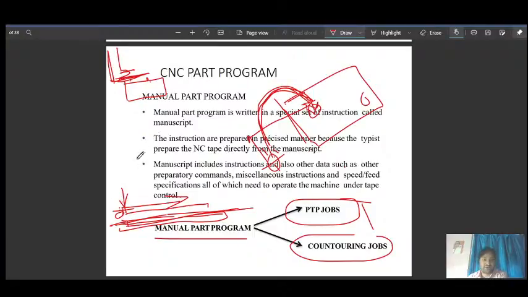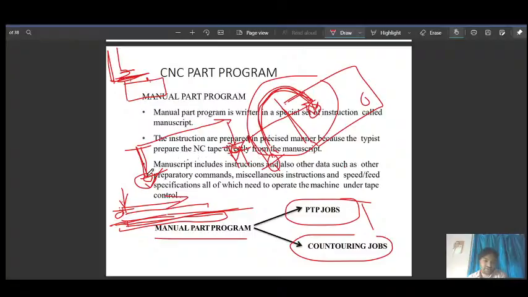So the movement of the tool can be anywhere. Like if you have programmed it, the tool will retract vertically and then move this way, then it will go in this way. If this is your target point, and you have planned that after drilling here, the tool will retract to this much height and then go here and then here, and then it will start drilling. So this is a kind of point to point where only the point is considered for your operation.